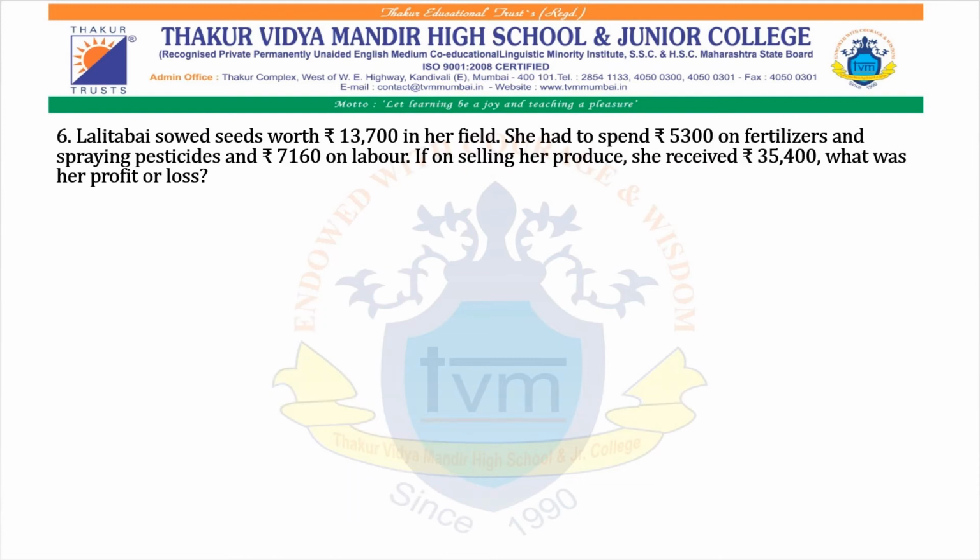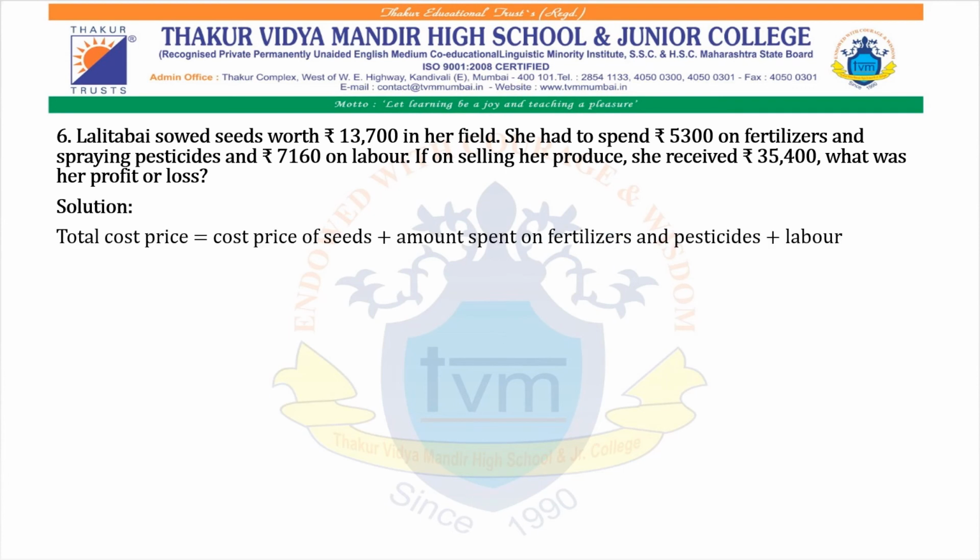Question 6. Lalitabai sold seeds worth rupees 13,700 in her field. She had to spend rupees 5,300 on fertilizers and spraying pesticides and rupees 7,160 on labor. If on selling her produce she received rupees 35,400, what was her profit or loss? We'll see the solution now. Total cost price is equal to cost price of seed plus amount spent on fertilizers and pesticides plus labor, is equal to 13,700 plus 5,300 plus 7,160